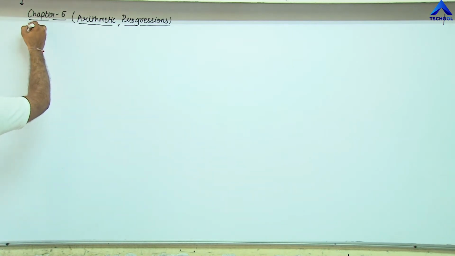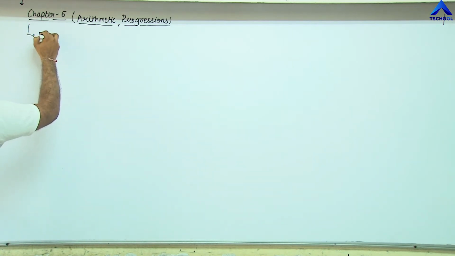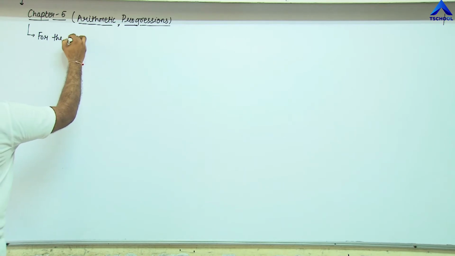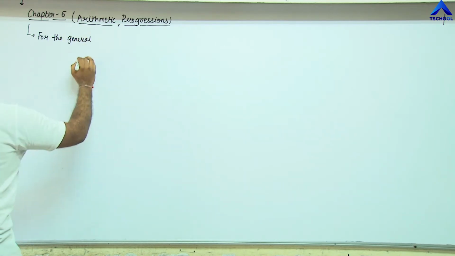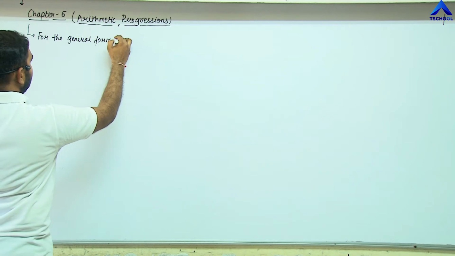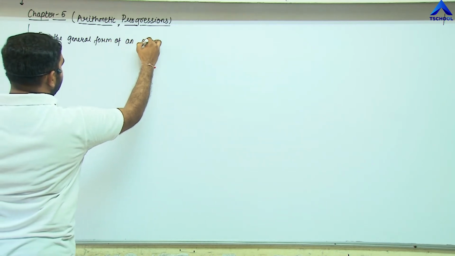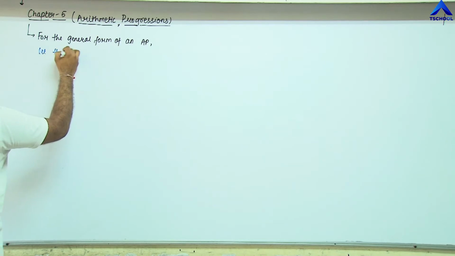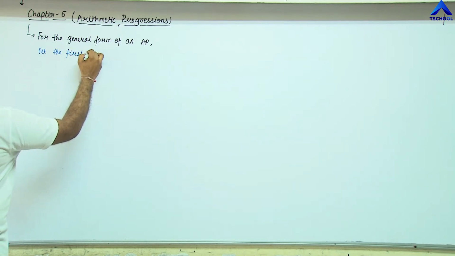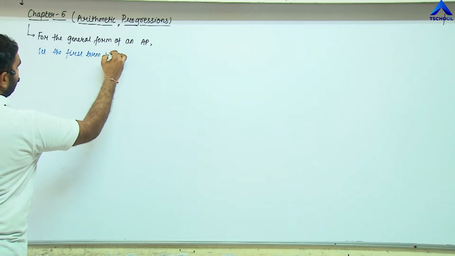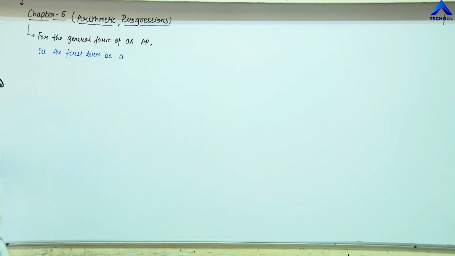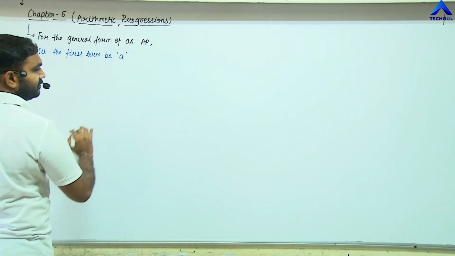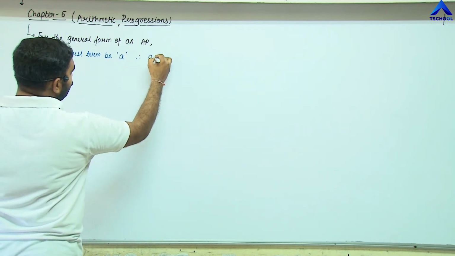For the general form of an AP, first of all we shall let the first term be A. We shall assume that the first term is A, therefore we can write A1 equals to A,